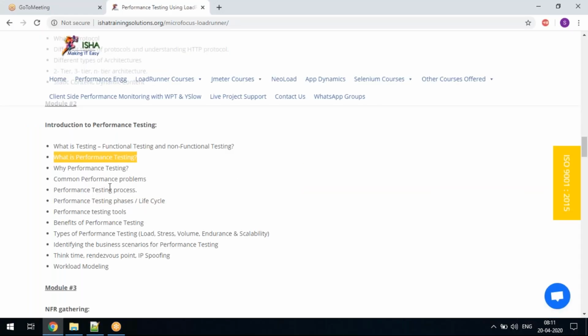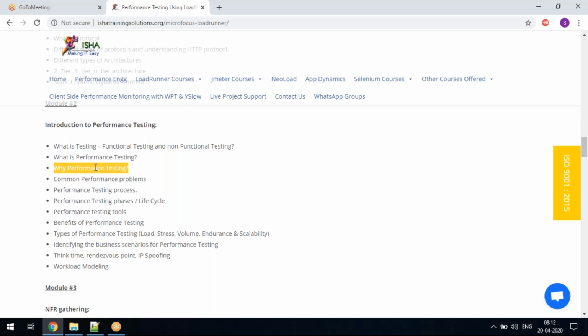Okay, and then why performance testing? Say you are testing your application. How many people will you make test it? Say you want to test with 500 users. Will you recruit 500 people and then do the testing? Will that be possible? No, right?